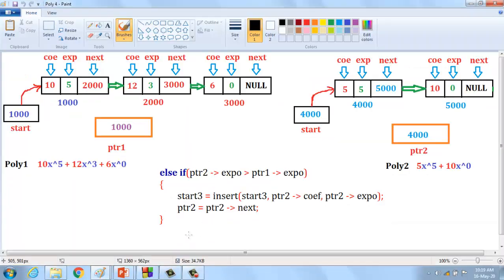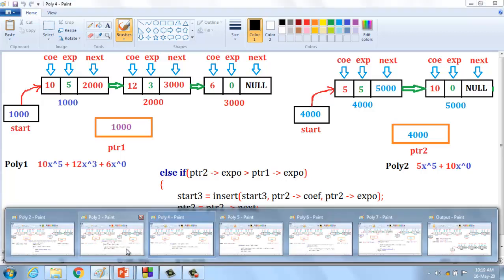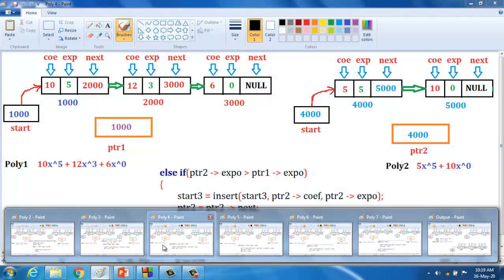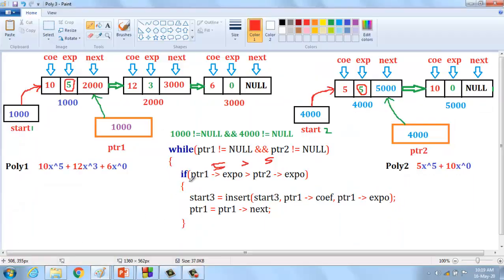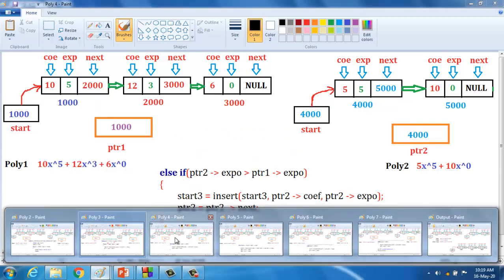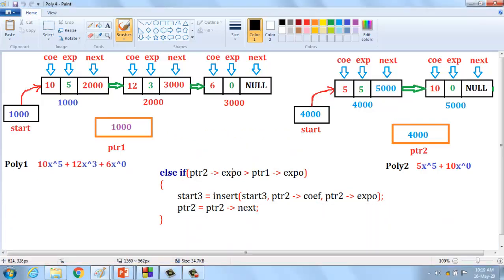Now the else if part. What does the else if part mean? Else if ptr2 exponent is greater than ptr1 exponent. In the previous condition, ptr1 exponent was greater than ptr2 exponent.